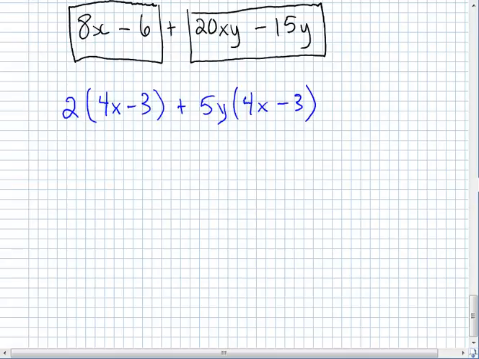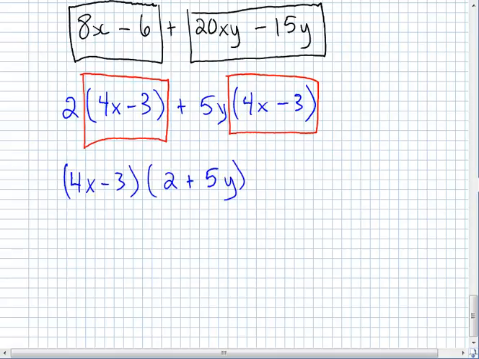Okay, so have a look what I did there. I just looked at the two numbers on the left, factored out the 2, looked at the two terms on the right, factored out the 5y, but then look here. 4x minus 3 is also a common factor. It's 2 times 4x minus 3 plus 5y times 4x minus 3. In other words, 4x minus 3 can be pulled up front as well. Kind of a weird way of doing things, I get it,